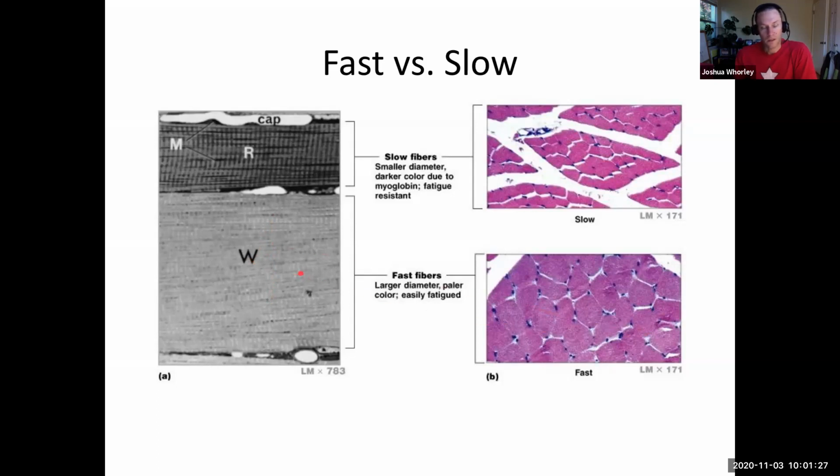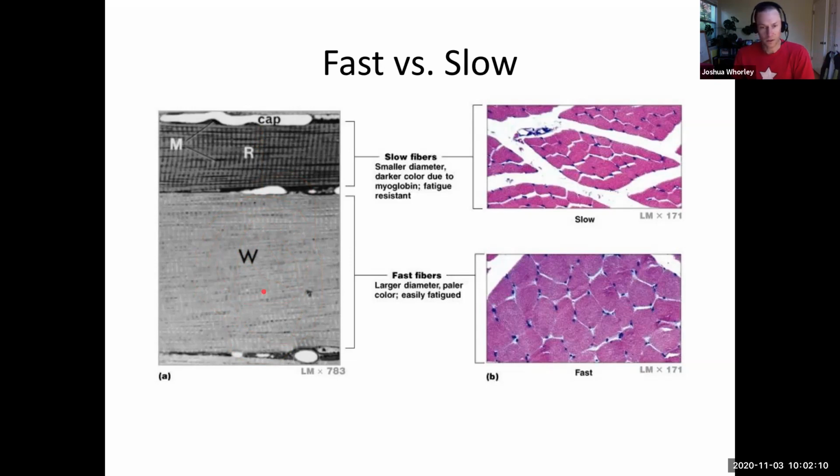Right? These are easily fatigued. These get tired fast because they're great at producing a lot of tension quickly, but because they're not aerobic, they have a difficult time maintaining their ATP production because they have to do it all glycolytically. And remember, that's super inefficient in terms of the total breakdown of glucose. Here in this top, this would net us like 36 to 38 ATP in total from glycolysis and the Krebs cycle and oxidative phosphorylation in the mitochondria. And this is going to net us 2 ATP for every glucose